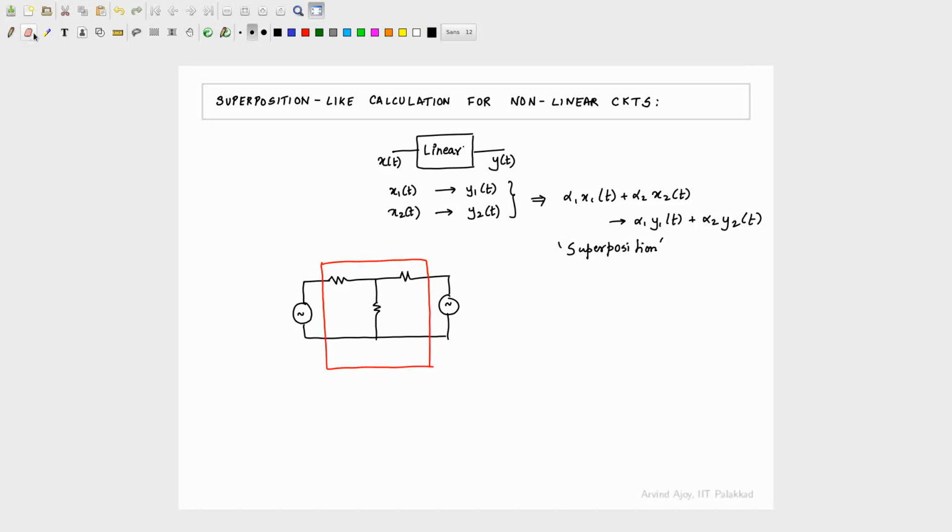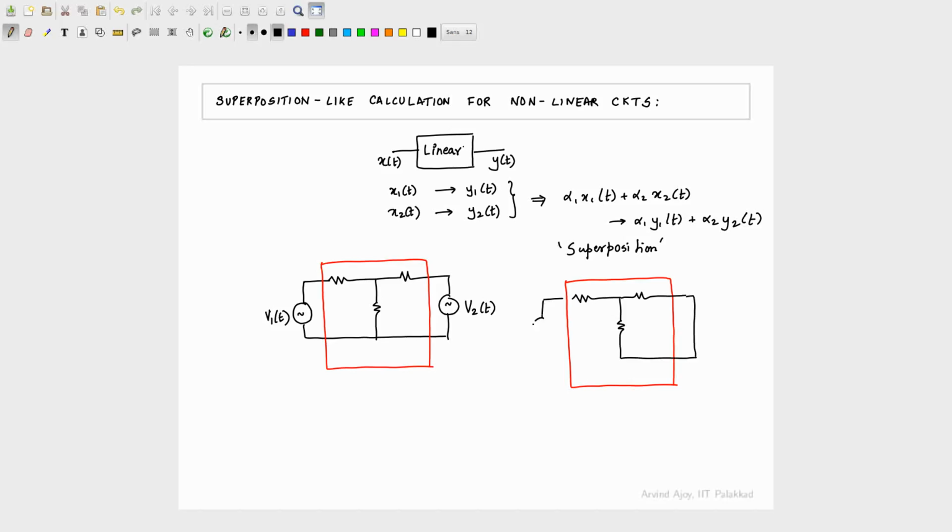So if you had a circuit, let me take a simple circuit. Let me say I have some 3 resistors, like that. Then basically you can assume your system is what I have drawn inside the red box. The system is absolutely linear. So if I had this one as V1 of t and this as V2 of t,